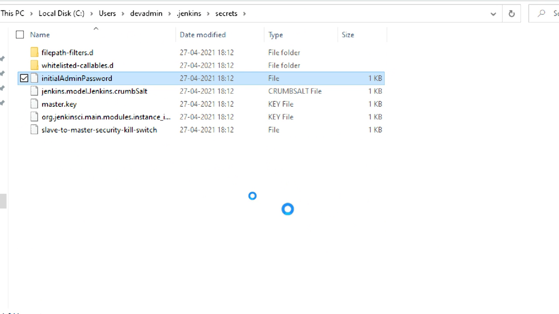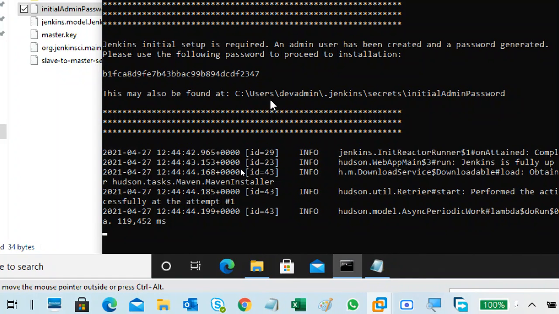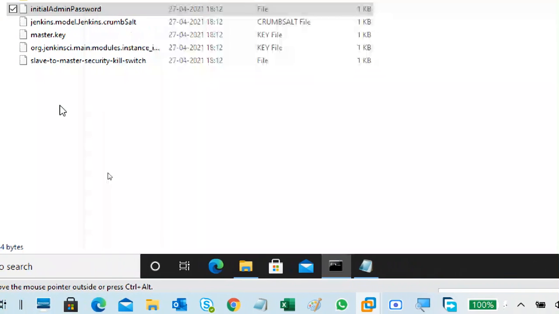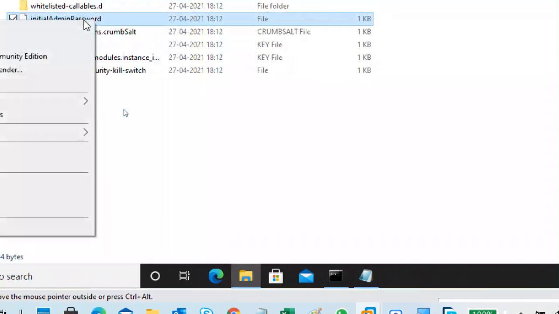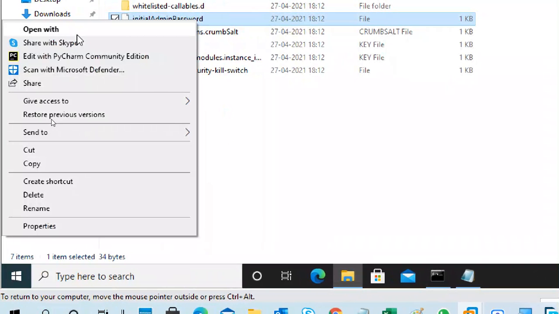Better not to install Jenkins on your physical machine. Why am I saying this? Because if you fail with Jenkins, or you are not using it for a long time, it unnecessarily occupies space, and there may be other complications affecting your physical machine. If you don't have a choice, put it on your physical machine, don't worry. Now it is running anyway. So here, open with Notepad.